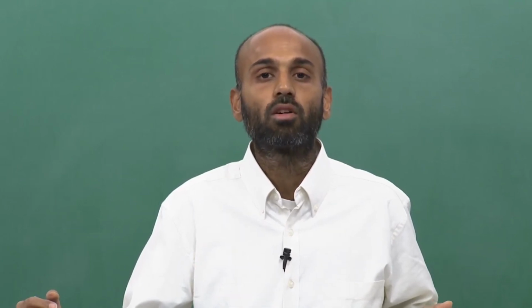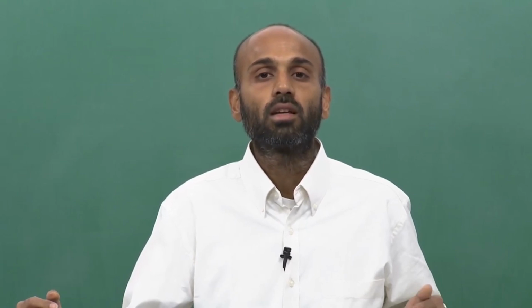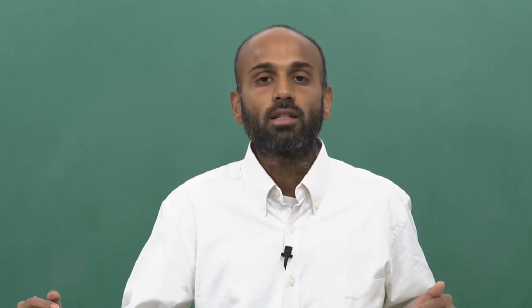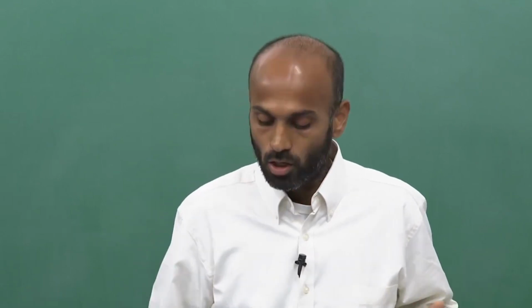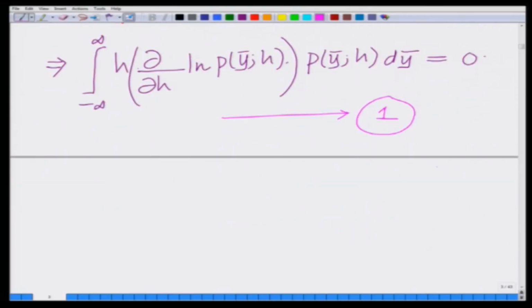Alright. Now, let us also consider an unbiased estimator of the unknown parameter h, which means the expected value of the estimate, that is the expected value of the estimate h hat, is always h. That is what we have seen in the previous modules, that an unbiased estimator is one such that the expected value or the average value of the estimate is equal to the true value of the unknown parameter h. So, considering now an unbiased estimator,